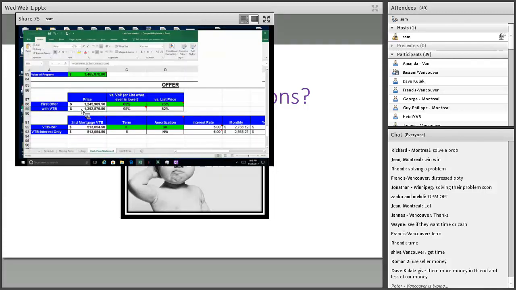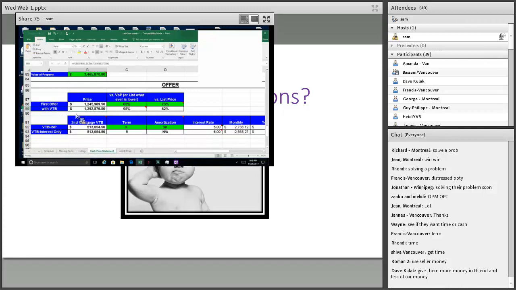Now we're looking for a small no, what we call a small no. We're looking for, look, no, I can't do this, but can you do this, right? If we offer them a price and they say yes right away, what can we say? Well, we might have paid too much. We don't know if we got the best price. So we do want to hear a no on that first offer. Don't feel bad about it. Feel good. And you'll realize this as you start putting offers out when someone does say a yes to a low ball or lower than you expect to be accepted offer.